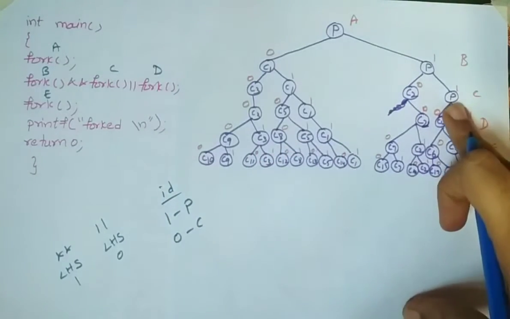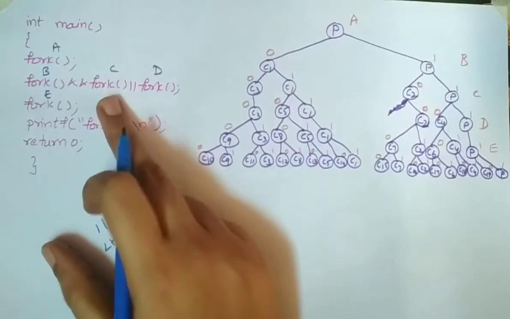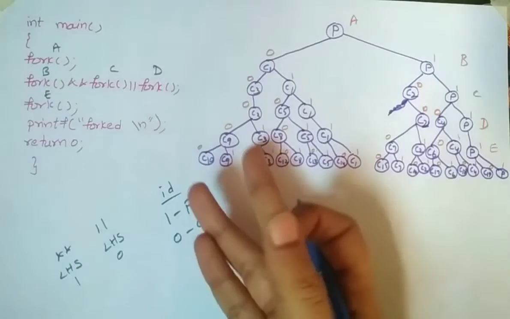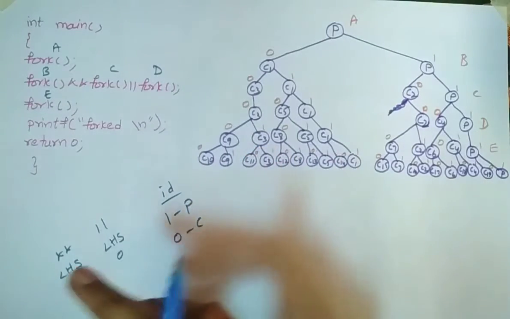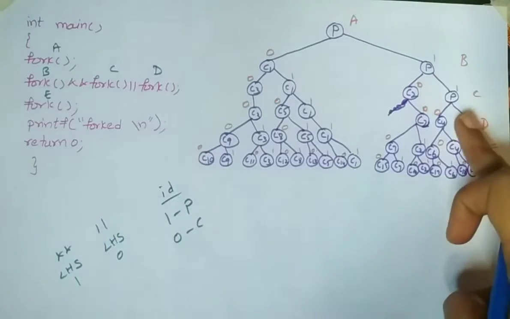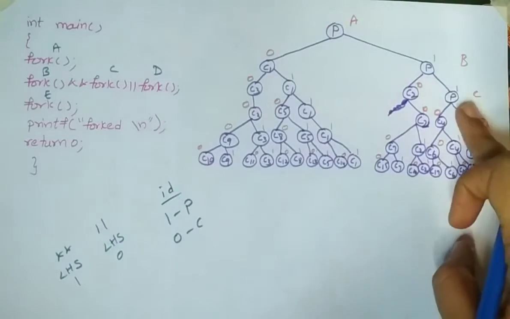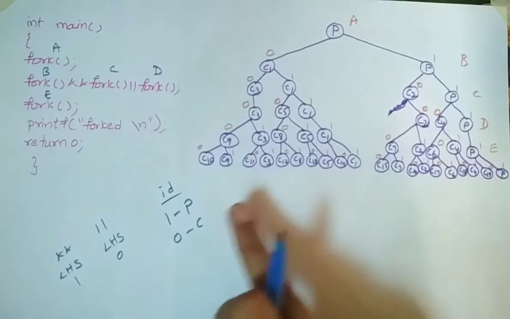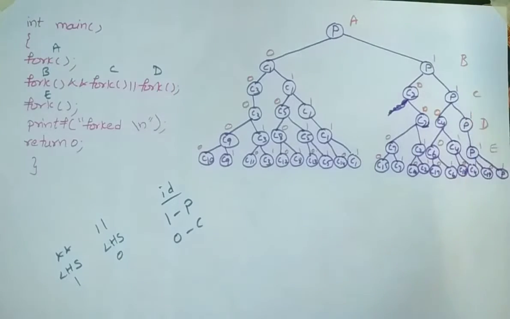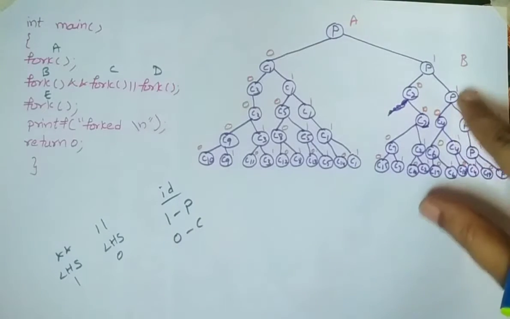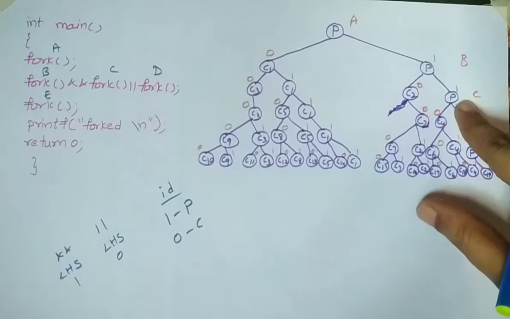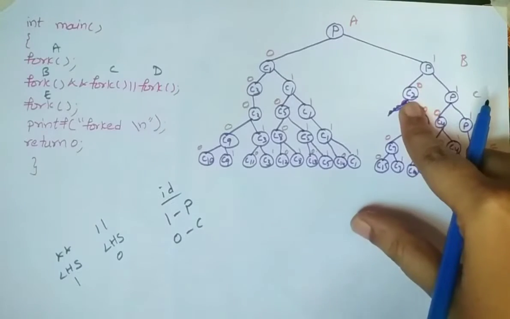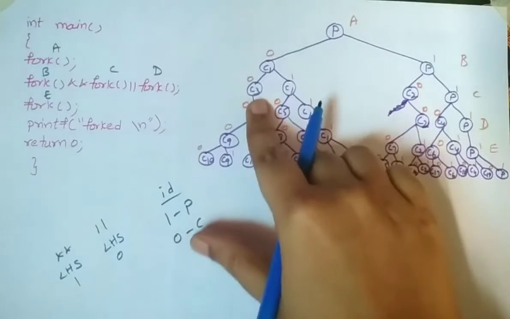Okay, so this is the ID based on this one. Next one, fork C operation, that means this one. We know that for the AND operation, if the left hand side is 1 only, then we can go for the right hand side operation. So that's why we are going to take the particular process which is having the identifier as 1. So we are going to apply the fork operation on the process which is having the identifier as 1. Here the process P is having the identifier as 1, so that's why we are going to execute this one. And similarly C2 is having 0. Here the C2 and C3 are having the 0 value.